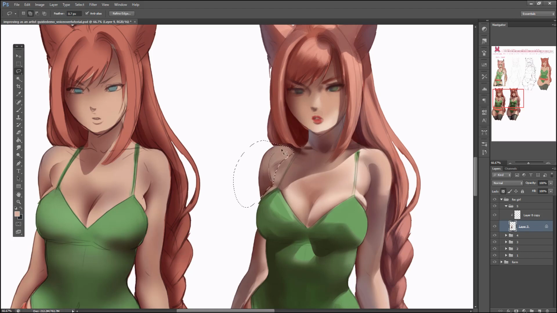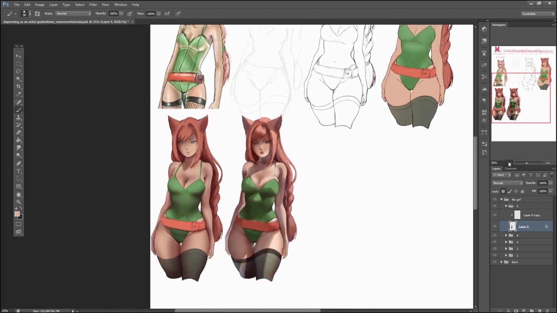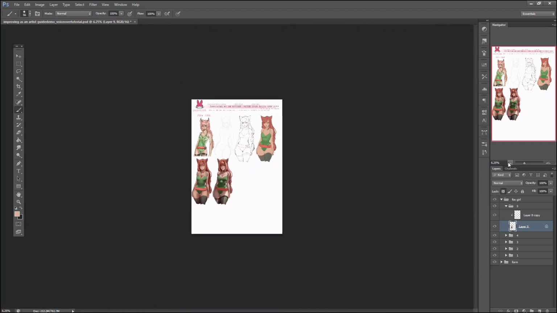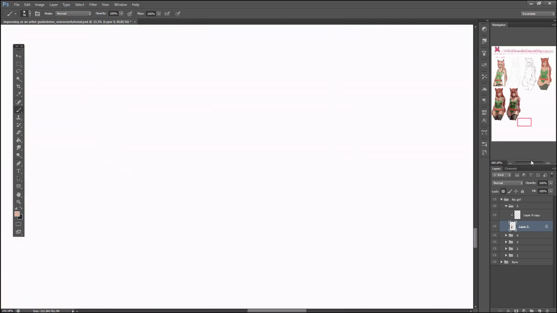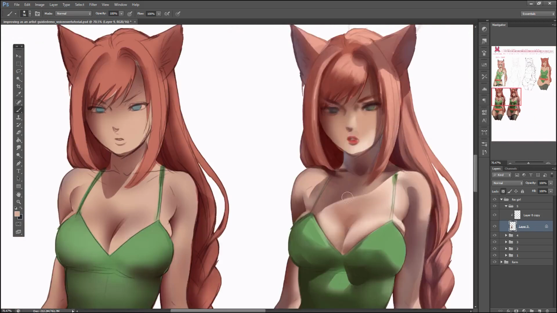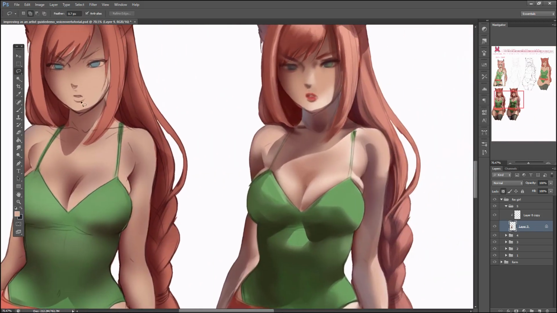So I'm just selecting this area because I want to see if it would look good if I put it in highlight. So if I zoom out, take a look at the feel of this. Okay, it's looking not too bad, not too bad. Okay. Once I'm relatively satisfied with this, I'll move forward. But for now,